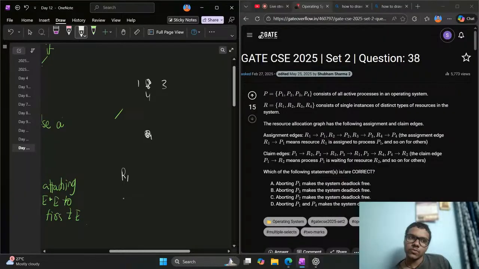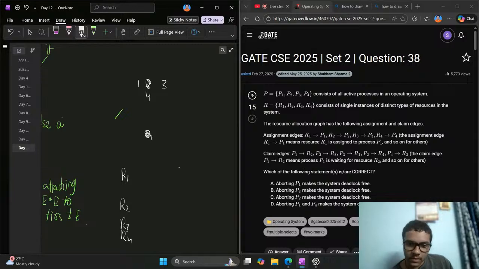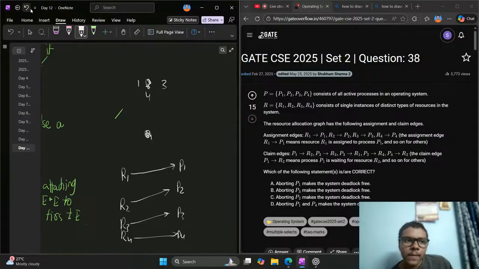So we need to, I don't know how to draw the resource allocation graph. And then what? P1, the assignment is okay. Resource R1 is assigned to process and